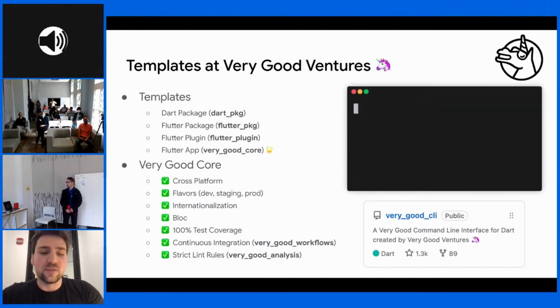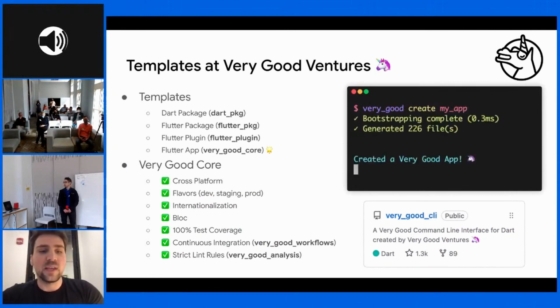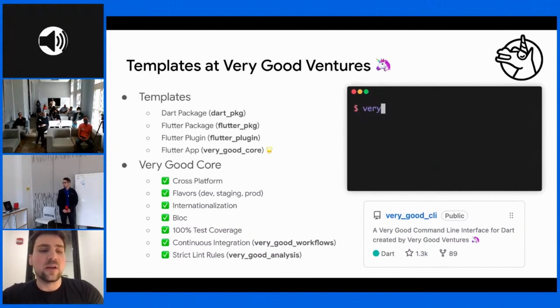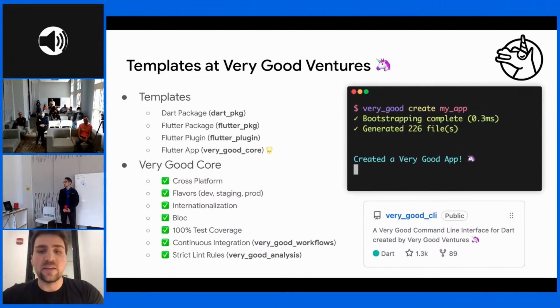And we have a really strict set of lint rules that we use at VGV called very_good_analysis that the project comes with. So it's a really handy place to start if you want an opinionated starter where those decisions are made for you. You don't want to take the time to put all these pieces together, and you want to just start